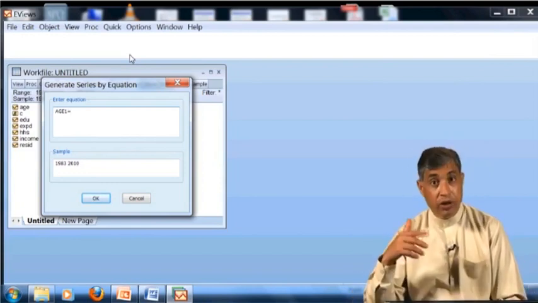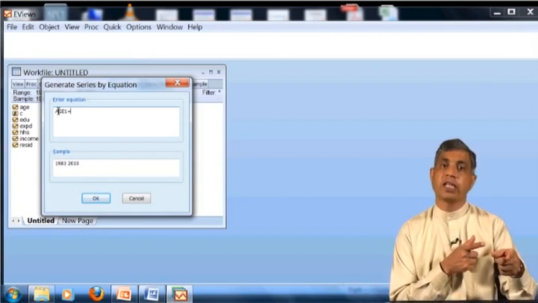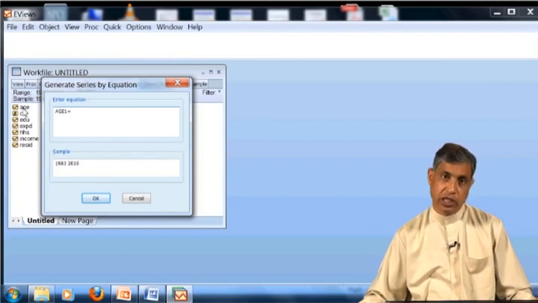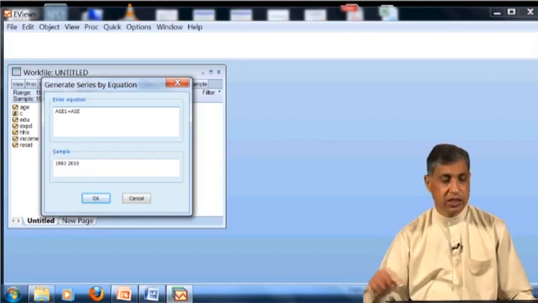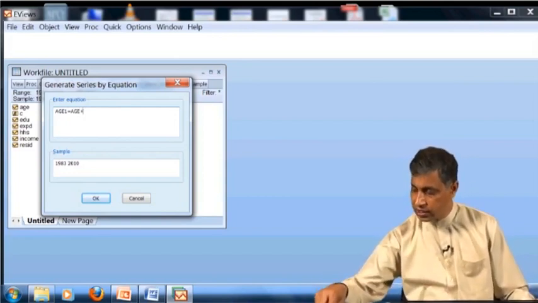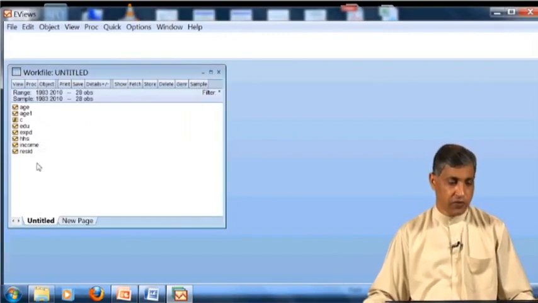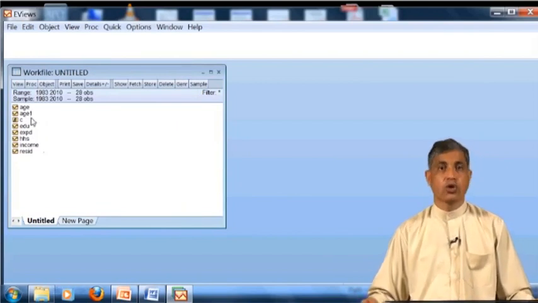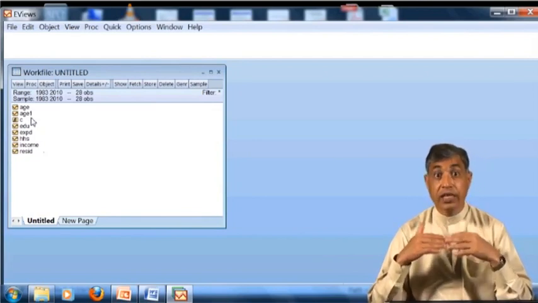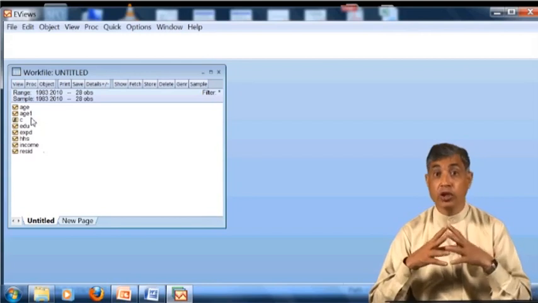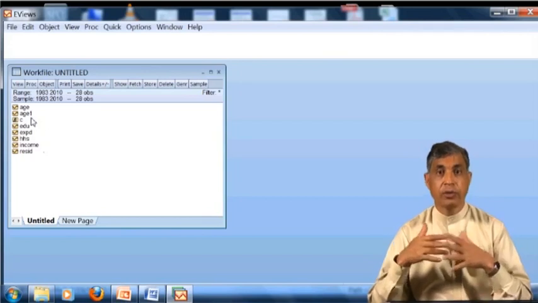Age1 is a new variable. If you write it as age here, then this name will be mixed up with the previous name. So age1 is equal to age, the series, plus, rather than 5, I say 9. Okay. Look here, this is the age1 series. So now we have to prove that the correlation between the new series age1 and education should be the same. Otherwise the property of the correlation will be refuted.